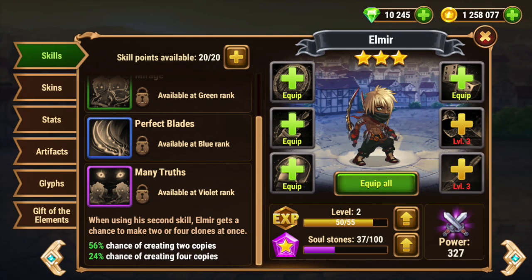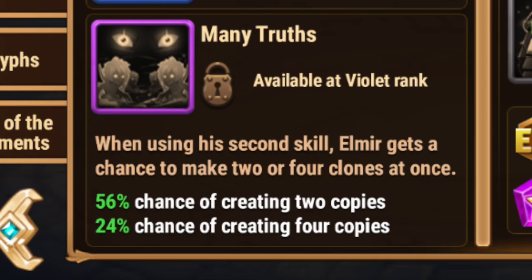Finally, you have Many Truths, and this is the icing on the cake for this little combo. Many Truths says that when using his second skill, when he gets extra clones, he has a chance to make 2 or 4 clones. So he can have 2 or 4 clones that are all attacking. So if you do the real easy math in your head, there could be all of a sudden 3 or